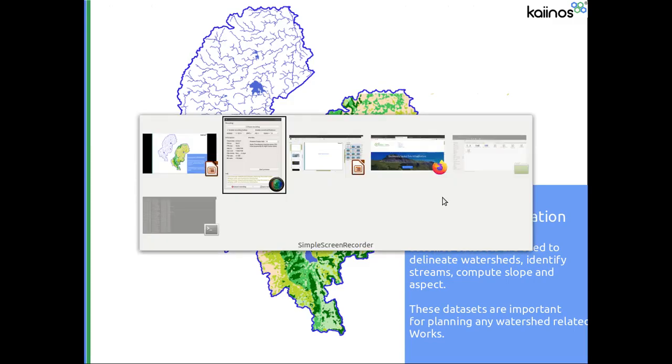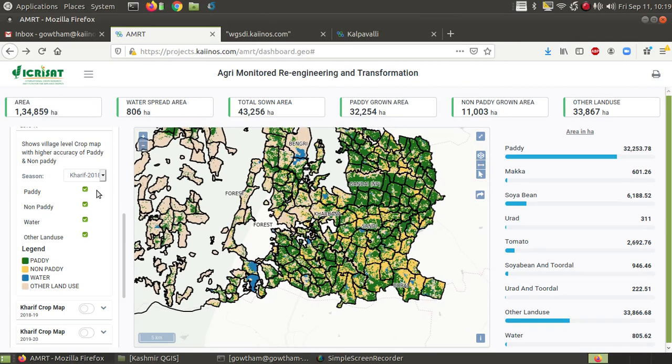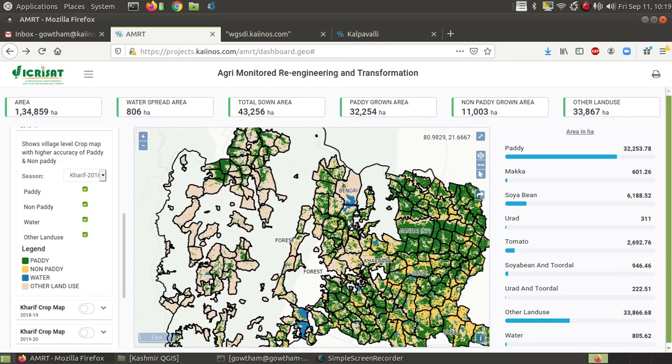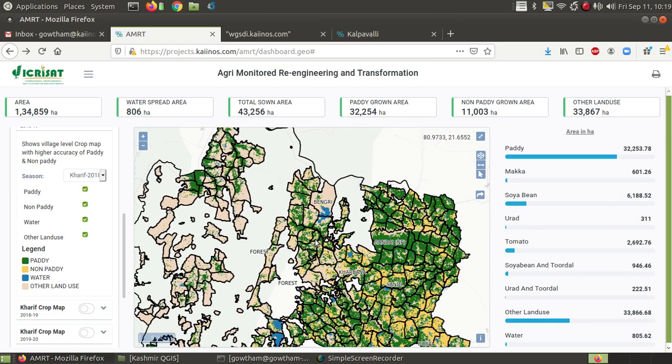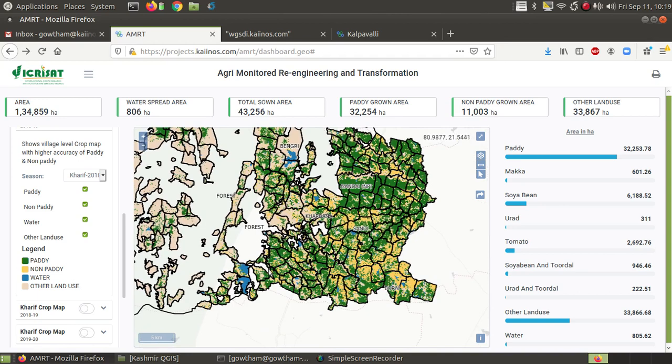I'll show some case studies, applications that are built. This is one such application where we have used open data from Sentinel to do the crop monitoring. This application is built using OpenLayers and GeoServer. OpenLayers has a very good list of tutorials to build these kinds of interfaces. We've done this in collaboration with ICRISAT for the Chhattisgarh government. So the data is published here, and as you can see, there are filters available,